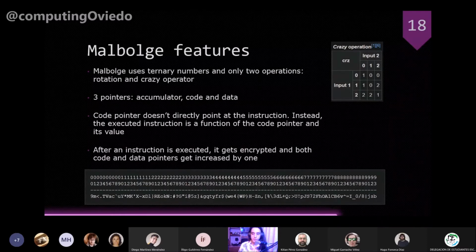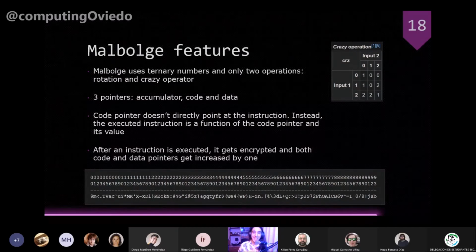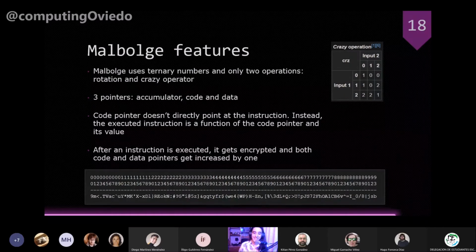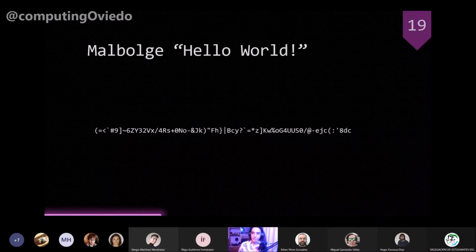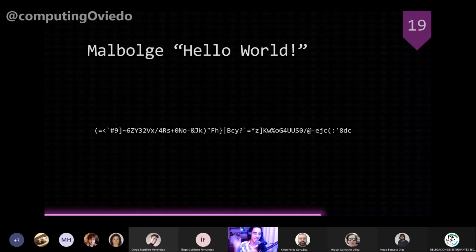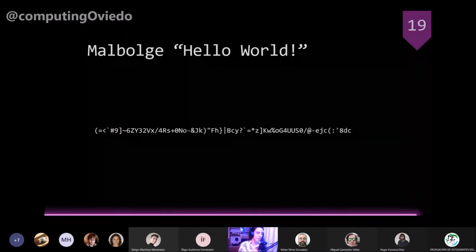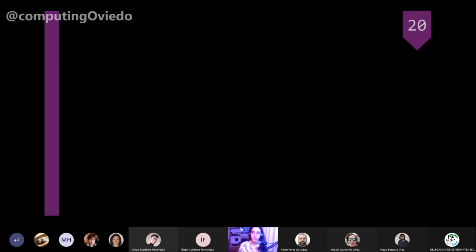These are not all the features. These are just the most understandable ones. So be careful if you try to do anything, and I do mean anything in this language. Even getting your program to run to completion without an error is very difficult. Here we have Hello World in Malbolge. I have the feeling that if someone understands this, they'd be given a Nobel Prize or something. This is ridiculous. So maybe Malbolge was too much.